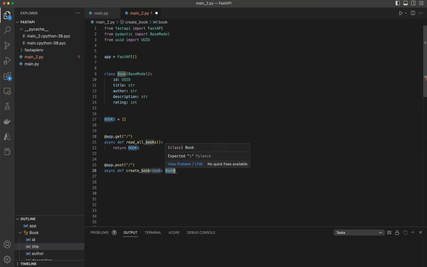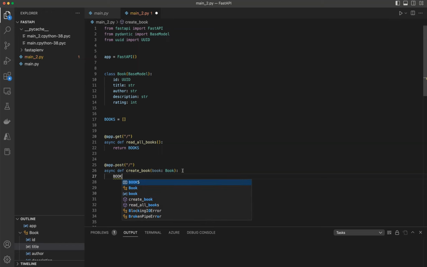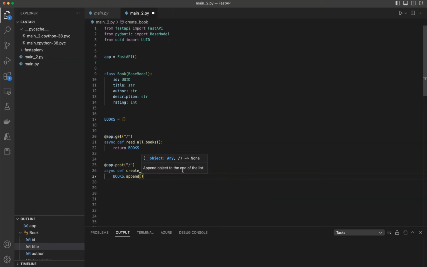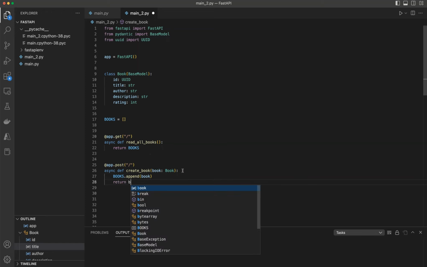This is the first time we're looking at this kind of stuff. Earlier, we used to supply type string or type integer, but here it's going to be a type book. So this actually specifies that this is going to be a request body. And then in the function, we're going to have pretty simple books.append, because books is a list, and how do we add an element to a list? We append it. Okay, books.append(book),